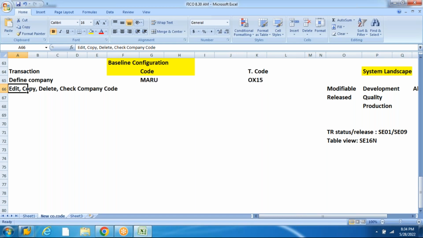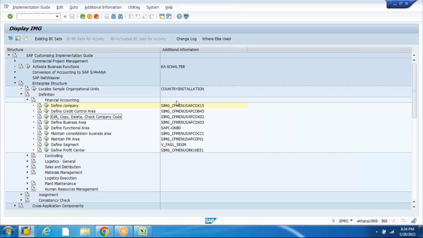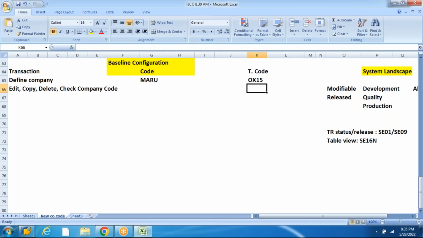Now the next one is your company code. For the company code, there will be a transaction code. Transaction code, as we discussed, is always the last four digits. The last four digits from this are OX02. Let's take the key code as OX02 here. Now for the company code, I may create any four digits of my choice. I'm not going to use the same code as my company code. Instead, I will select